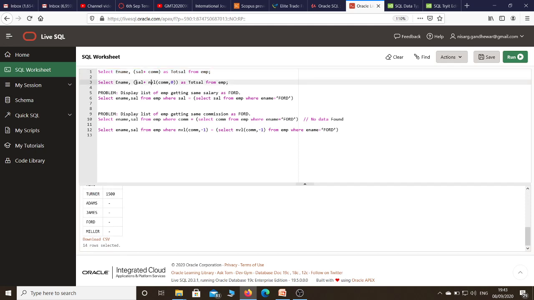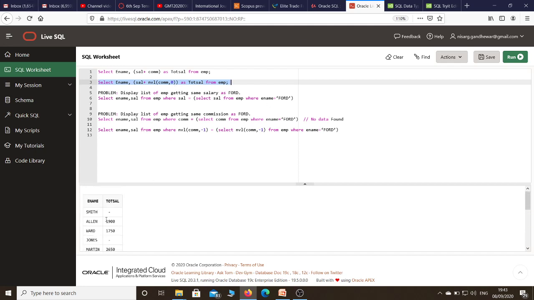We need to use the NVL function over here. So select ename comma sal plus NVL of commission comma 0. Here we make one change: we make use of the NVL function to replace the null value with 0, so that whatever value is added to salary, it will show the value.